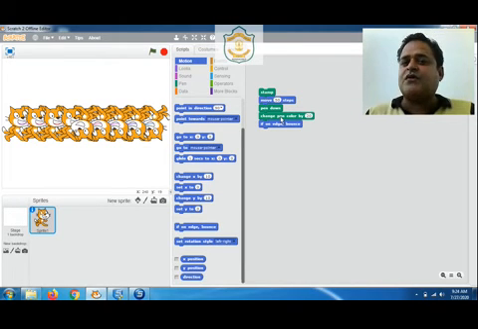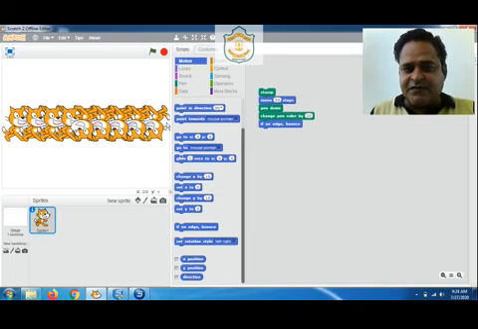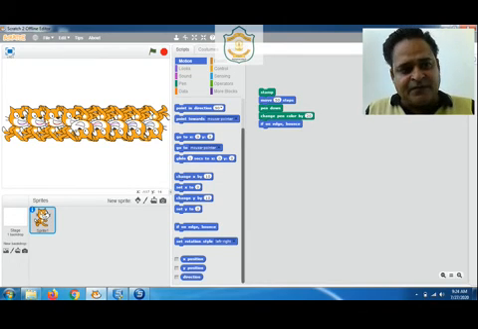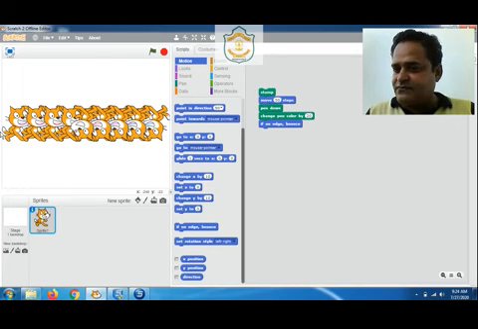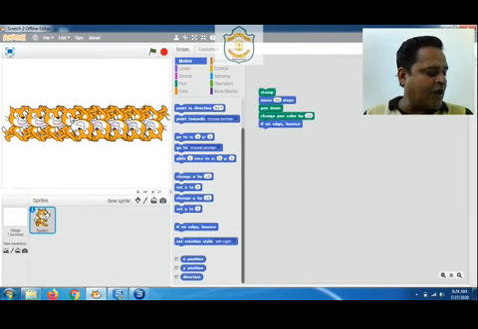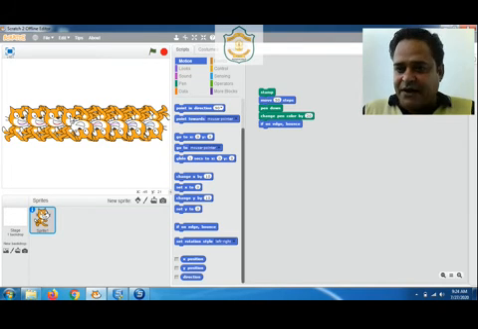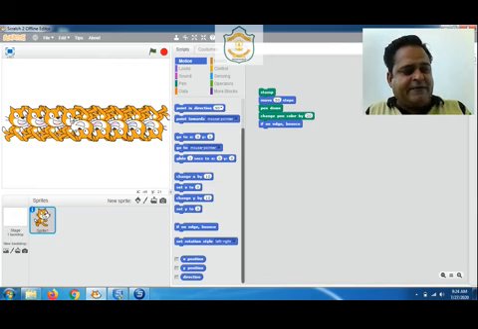And the last one was if on edge, bounce. That means when the sprite came close to the end of the stage, it bounced. Bounce means get back. Similarly, when it reached this portion, it bounced from here. So it is moving back and forth. This is how we make a duplicate copy of our sprite.